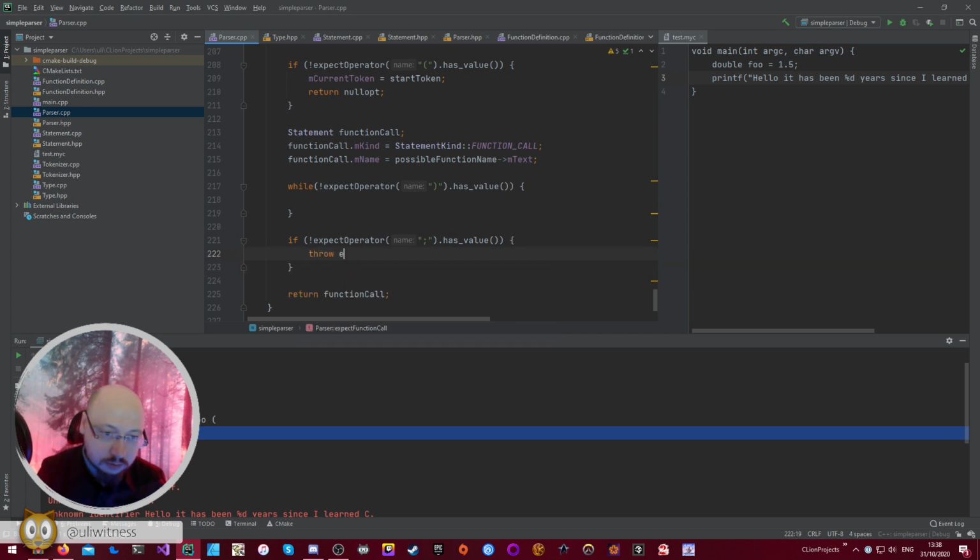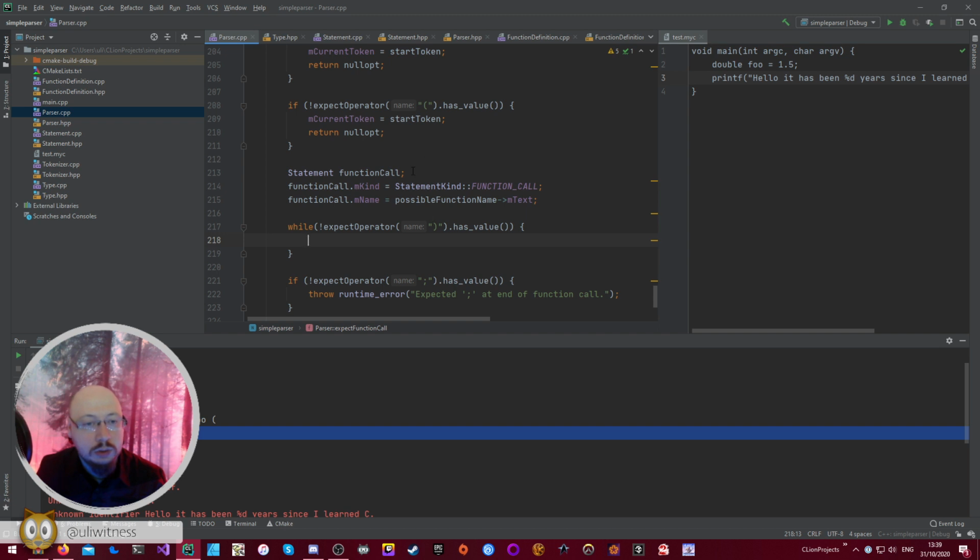Okay, so throw runtime error: expected semicolon at end of function call. Or rather, we've written that this way previously. All right, so we have the function call, and now we have the arguments that we want to parse, and those are all statements. So of course, what we do is optional statement. We just grab each statement, equals expect one statement that will swallow. Oh, and now we have a problem, because expect one statement